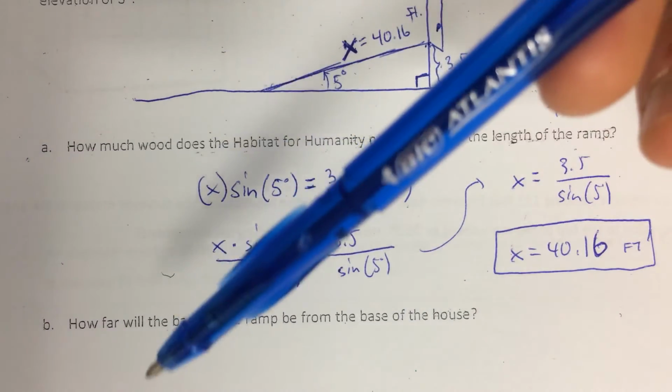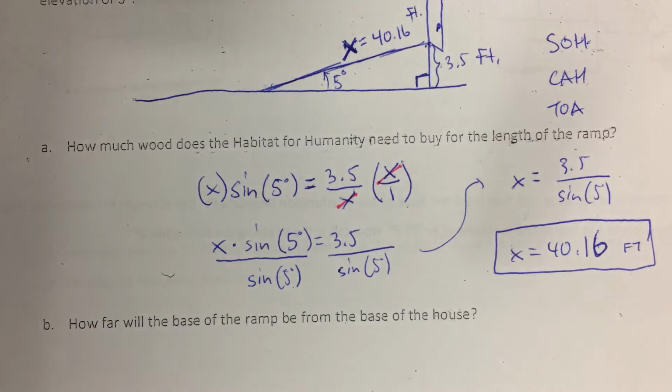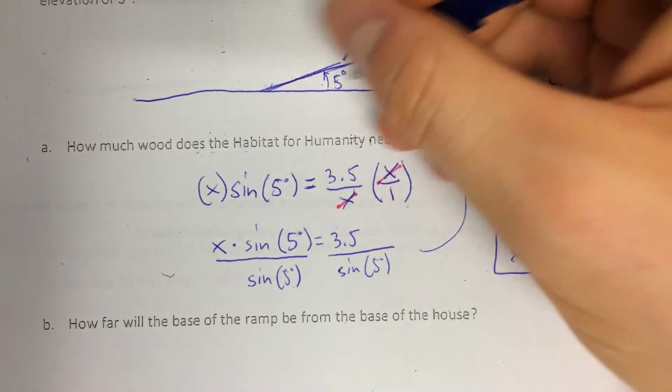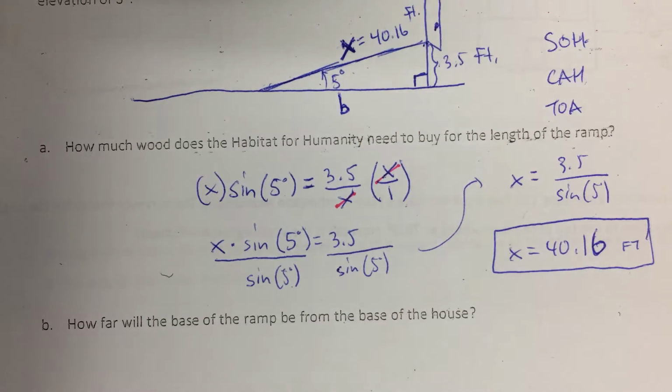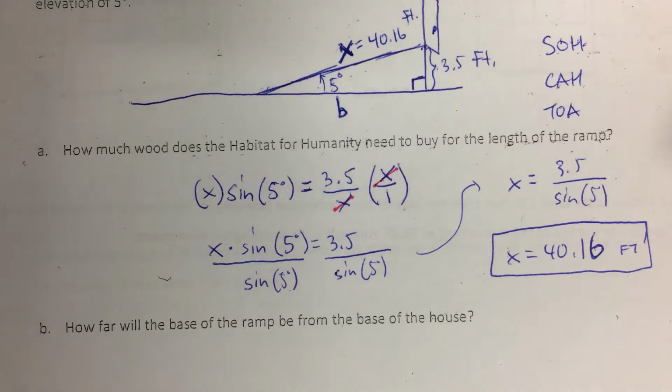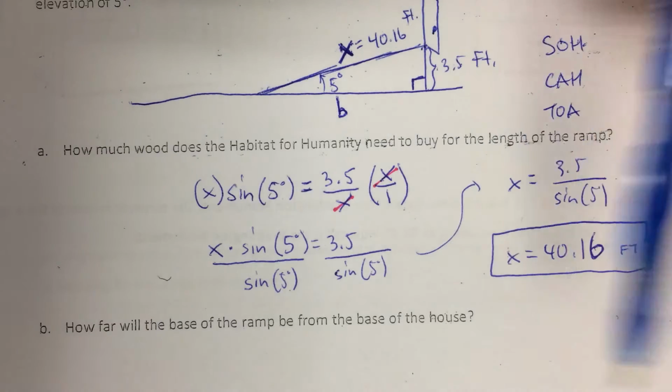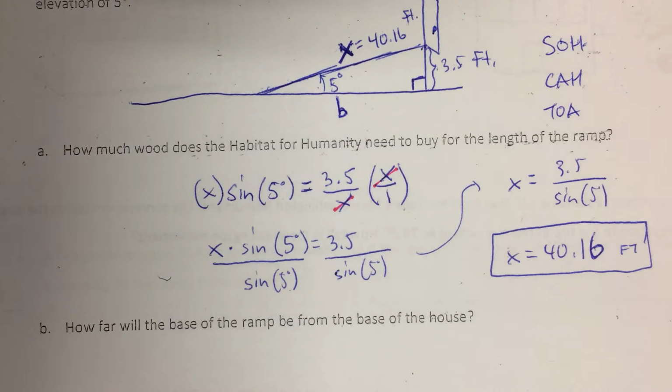In part B, we want to figure out how far it is from the base of the ramp to the base of the house. So now we're solving for this side. I'm just going to call this b, for base, if you will. Now we're trying to solve for that. In solving for this, we could use the Pythagorean theorem, a squared plus b squared equals c squared. If you want to pause and try it that way, it can't hurt. What I'm going to do, though, is